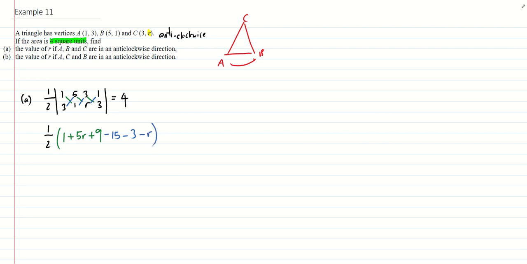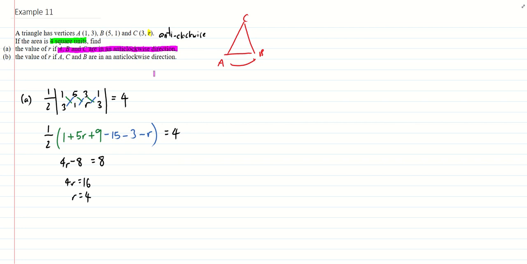And from here it becomes a simple linear equation that we need to solve. So we can just multiply by 2 throughout, so we can get rid of the half over here, and we can simplify whatever is inside here. So 1 plus 9 is 10, minus 15, so negative 5, and minus 3, so negative 8. So we have minus 8, and 5r minus r is 4r. So 4r minus 8 is equal to 8. And we can just proceed to solve for r. So 4r equals 16, r equals 4. The thing that we need to note is that this is in the anti-clockwise